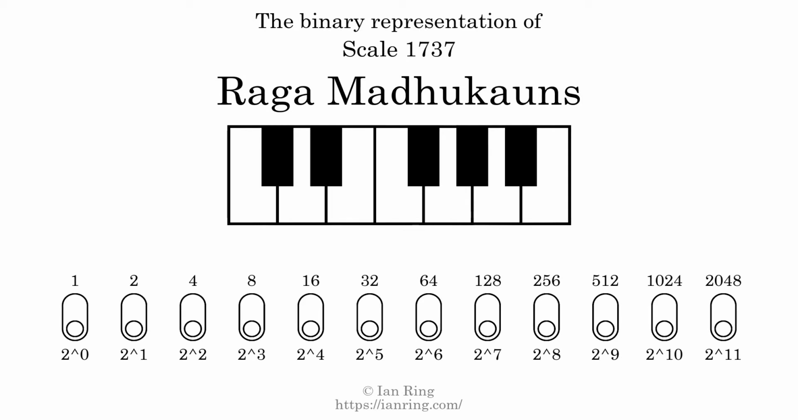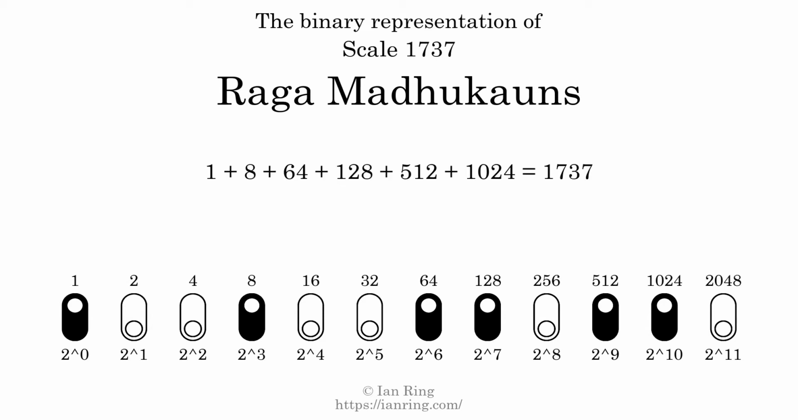The binary representation of this scale is determined by mapping tones of the scale to binary digits. Each binary digit represents a power of 2. To get the scale number, we add the powers of 2 together. The powers of 2 that are present in the scale, all added together, equals 1737. That is why the scale number, in decimal, is